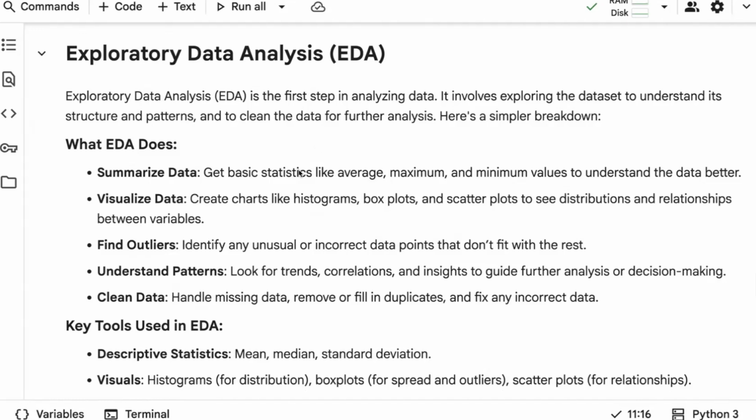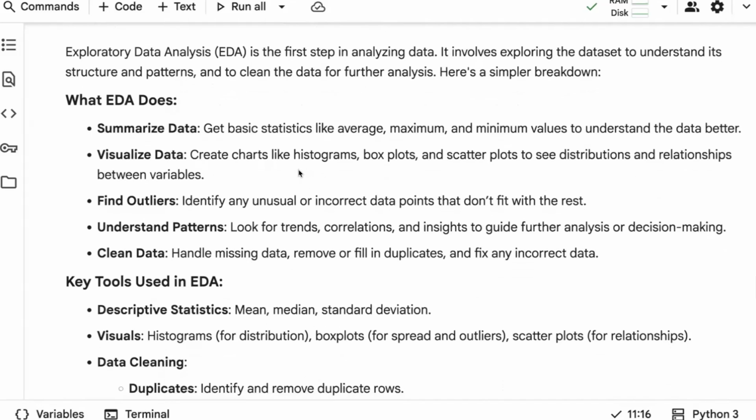Okay, and you might have a question: what are we going to do with EDA? With EDA, you can do a lot of things like summarizing data, you can visualize data using different graphs, you can find outliers, handle them, understand patterns, clean data, handle missing values, remove duplicates, and fix incorrect data if the data type is wrong. All these things are going to happen with exploratory data analysis. Already we have done some part of exploratory data analysis, like handling missing values, handling outliers, and also duplicates. So now it's time to explore the second approach towards EDA, that is visualizing data so that people can understand what exactly is happening in a business.